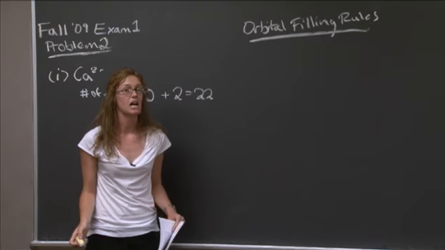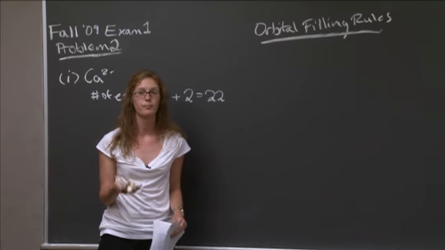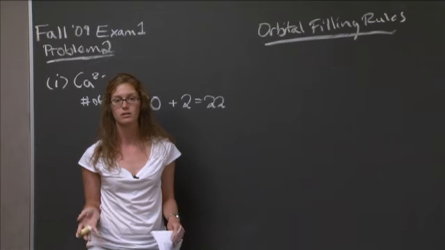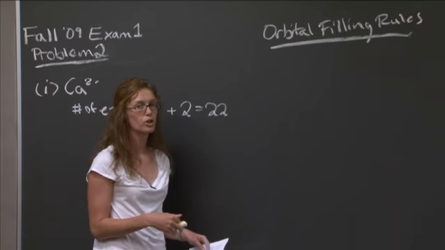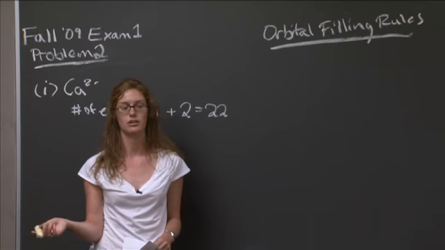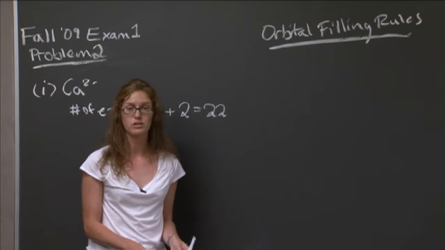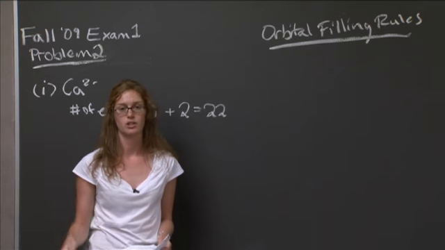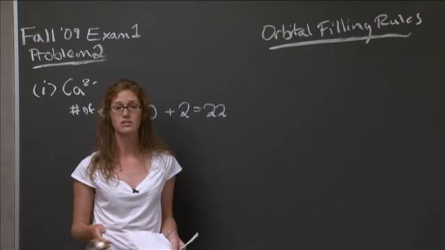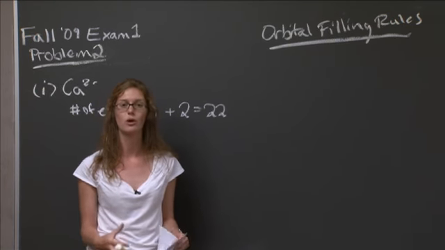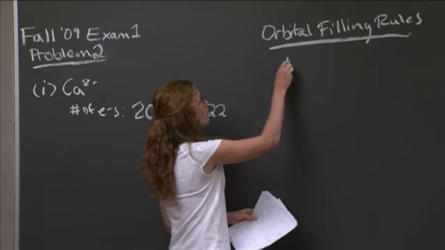The first rule is that you need to fill them, at least for a ground state species, in order of increasing energy. That is, you want to fill up the lowest energy orbitals first, and then move to the higher energy orbitals. This makes sense because ground state species want to have the lowest total energy possible. So the first is